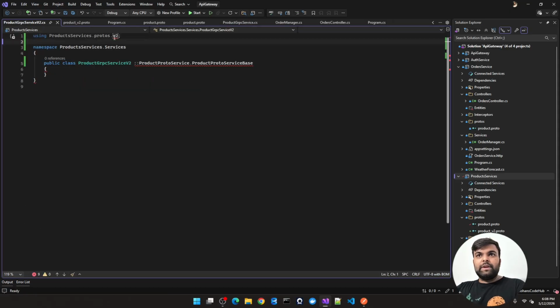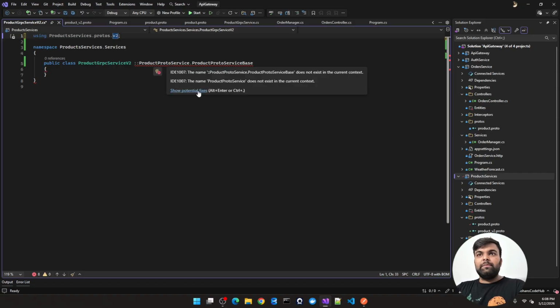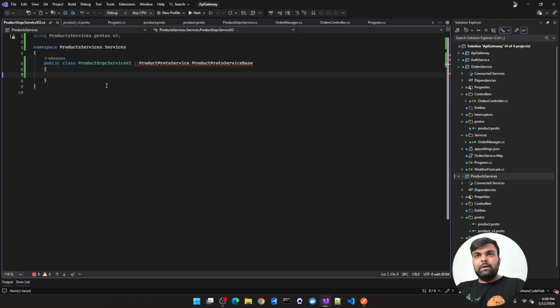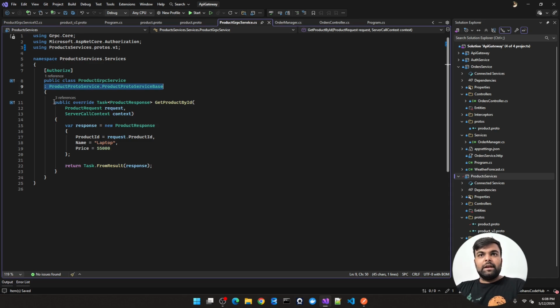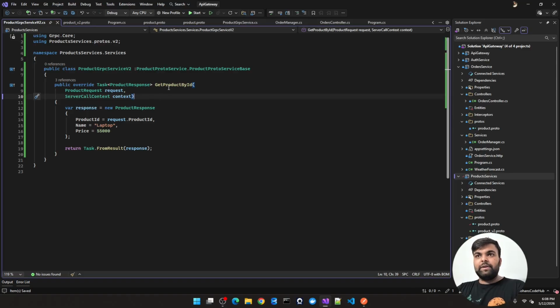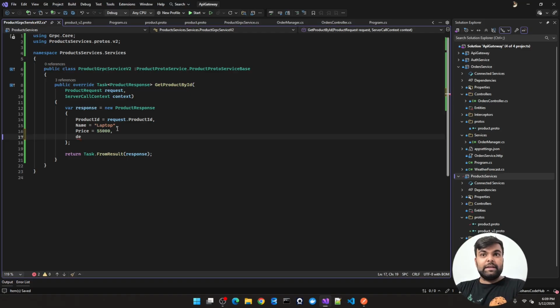Let's save this file, and whenever you see, you will see that we are successfully implementing this. Okay, it is telling me that something is breaking. Let's fix this. So we have successfully fixed this. Okay, and I will implement the method which we have defined, which is get product by id. But here I can get the description as well.